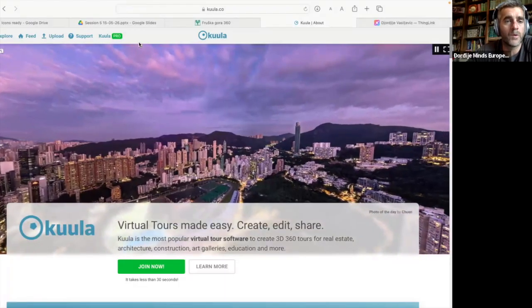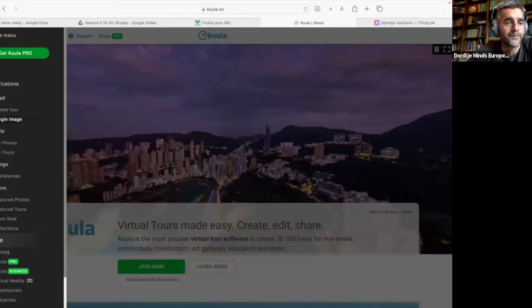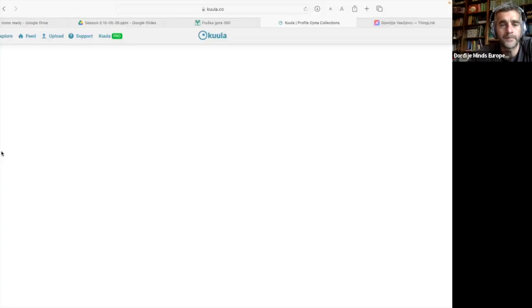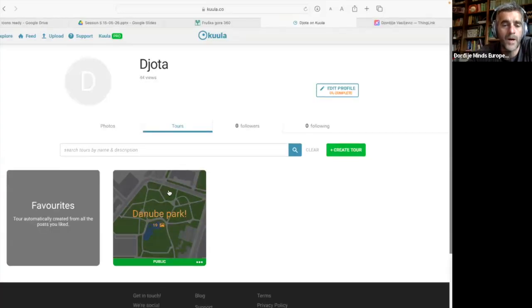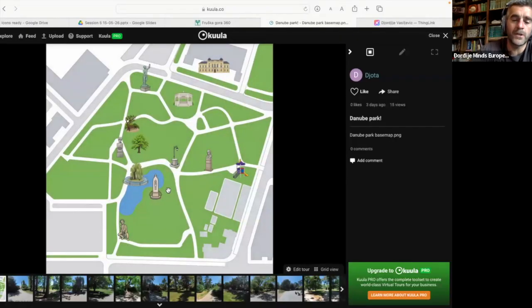When we sign in with our Google account, we go to the left corner and we have our profile and our photos and our tours. So I already created a Danube Park tour. I didn't finish it because it would take much time, but I created some of the parts of the park. You remember that last time we created these icons. So I put all of these icons